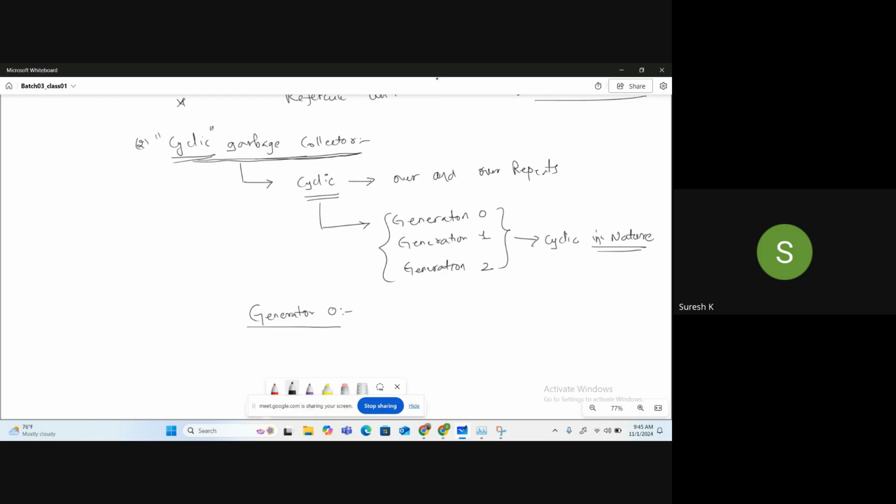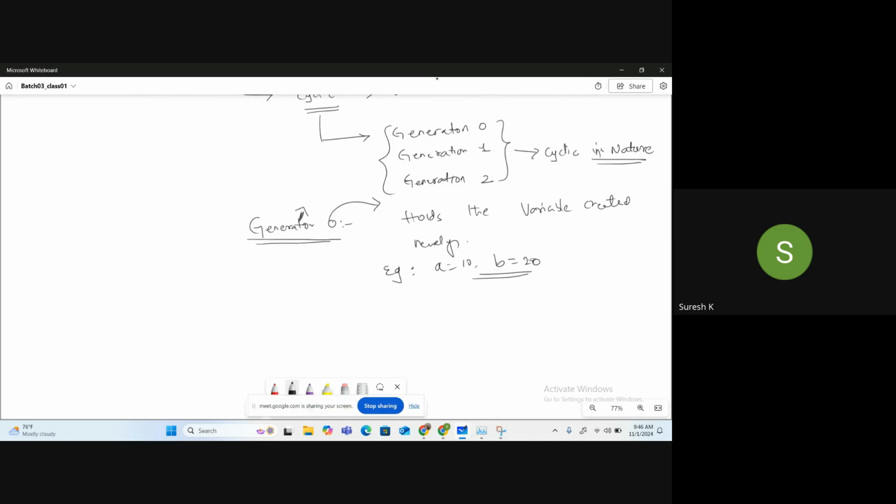Generation 0 holds the variables that are newly created. For example, I have created a equal to 10, b equal to 20. This will be in generation 0.